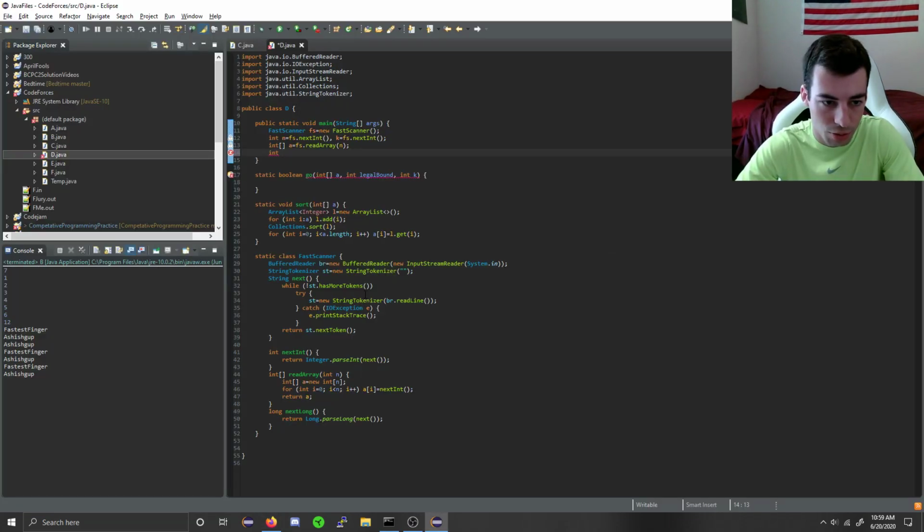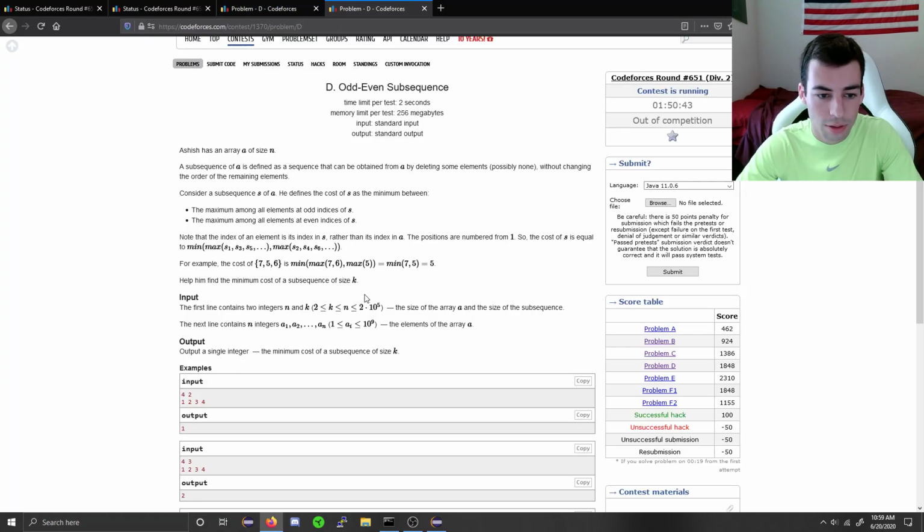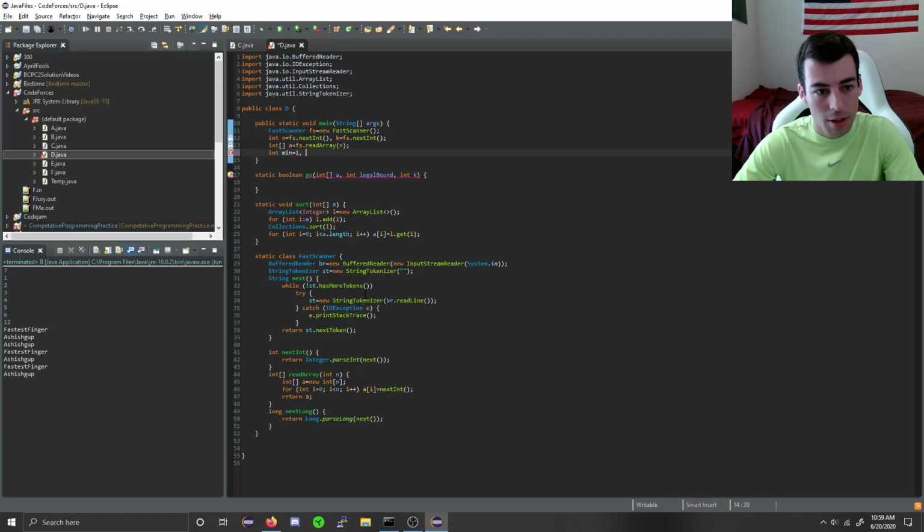I guess we'll just binary search the full range. So int min equals 1. Surely 1's always possible, or you can't do better than 1. Yeah, okay. Max equals